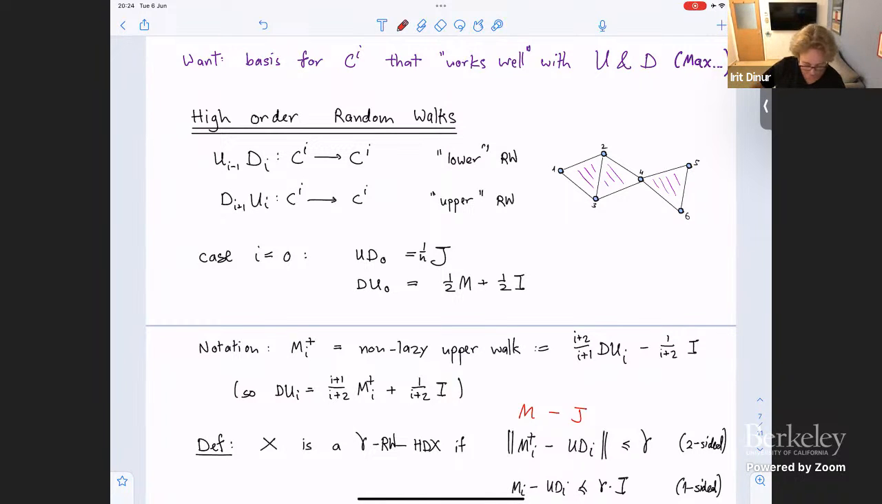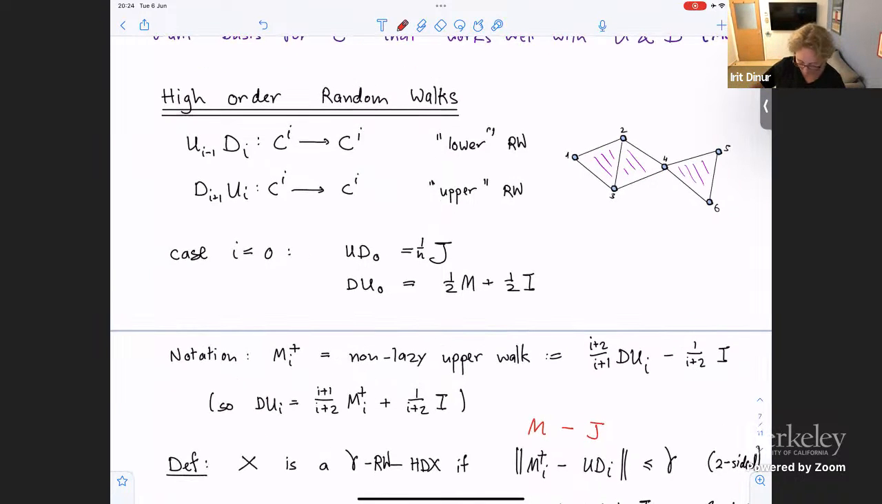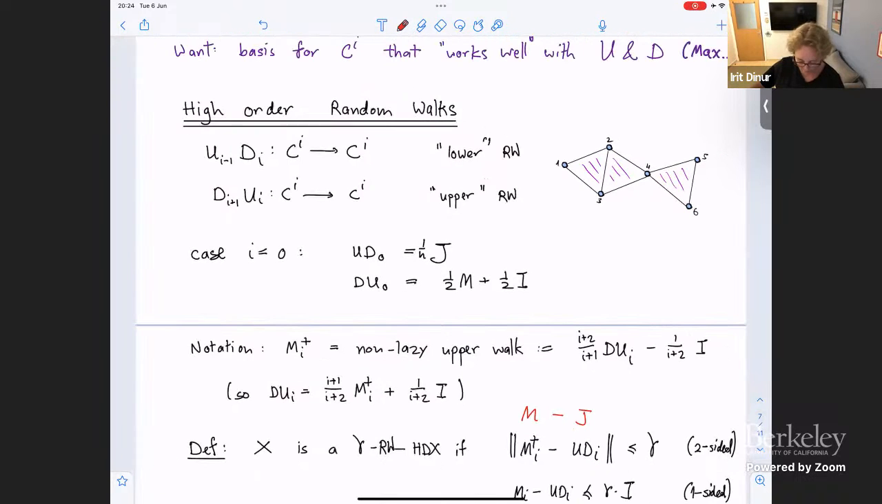So now we give this definition, which, now that you describe it this way, you see is just a generalization to higher dimensions of the definition for graphs. Really what you want is to say, okay, I'm going to call my complex a high dimensional expander with respect to random walk, a random walk expander, if you will. If for every level i, the difference between the down-up walk, the lower walk, and the upper walk is small,